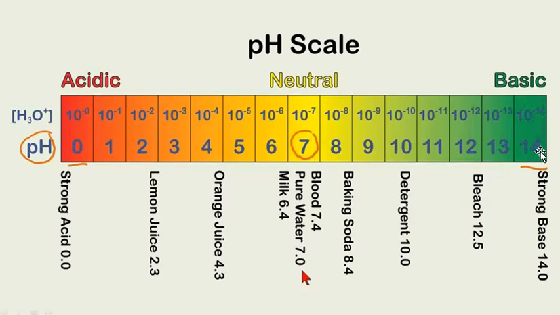So pH paper shows different colors when the pH of the solution is different, and that is how we come to know the pH range. If it shows red color, the pH ranges from 0 to 3. If it shows orangish, then it will have a pH of 4 to 5. If it is yellow, the pH will be 6. If it is light green, the parrot green color, it will be 7. Then it becomes greenish blue, indigo, 8 to 9. At 10 again dark blue, and then it becomes violet from 11 to 14. I hope you got this. So this is all about pH and the pH scale.